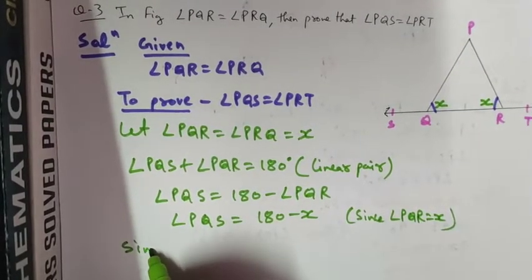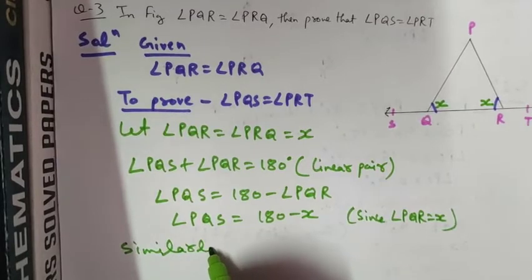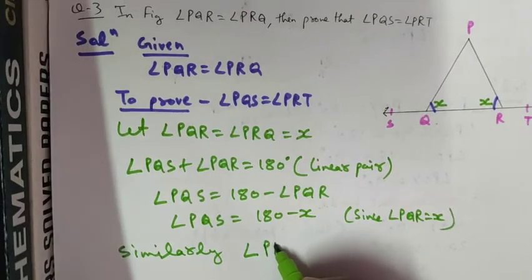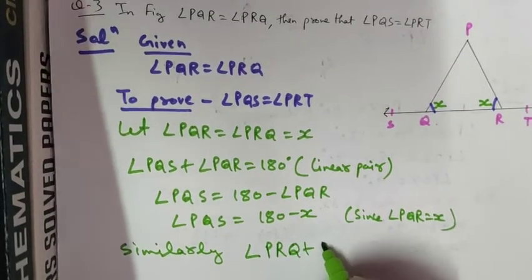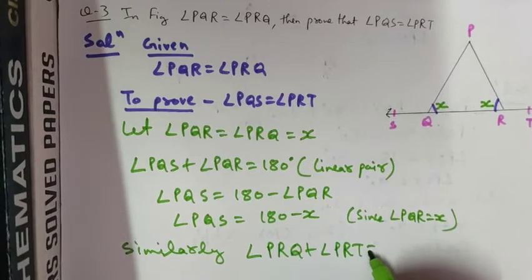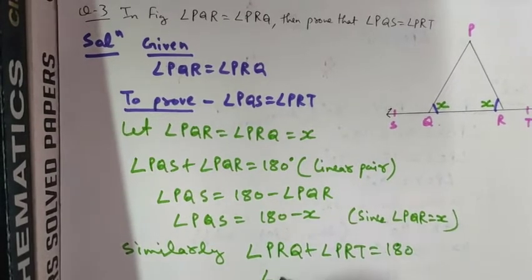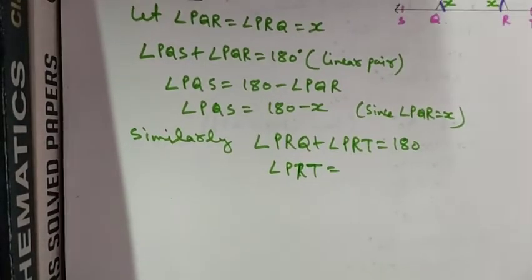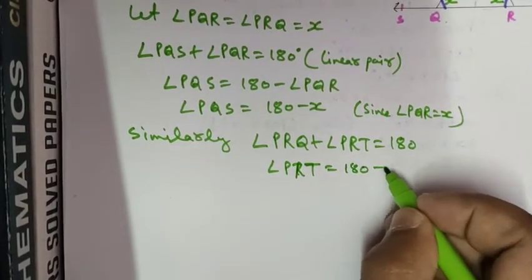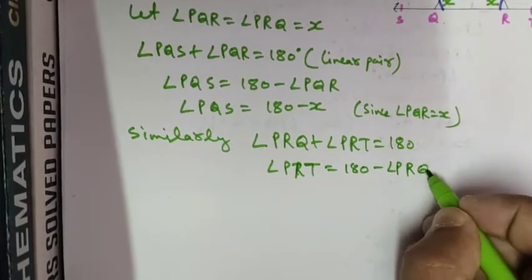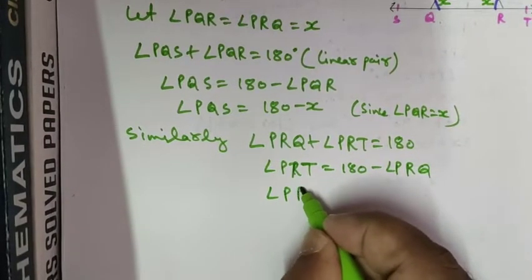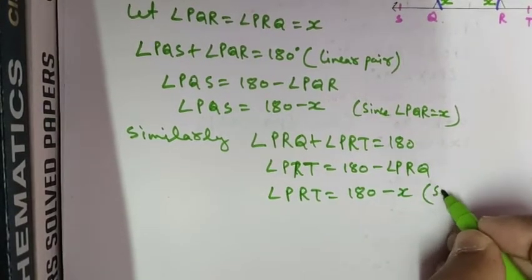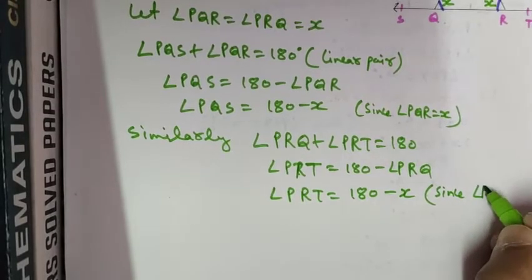So similarly, angle PRQ plus angle PRT equals 180. So angle PRT equals 180 minus angle PRQ, that is angle PRT equals 180 minus X. Since angle PRQ